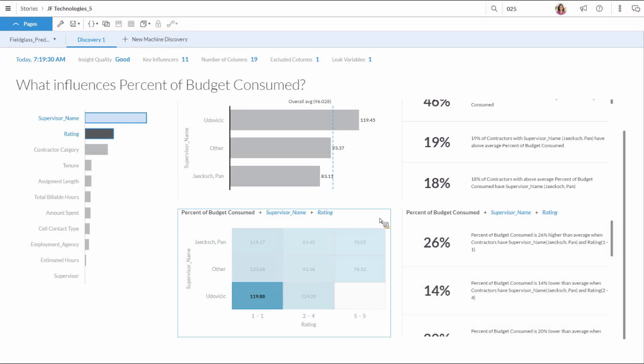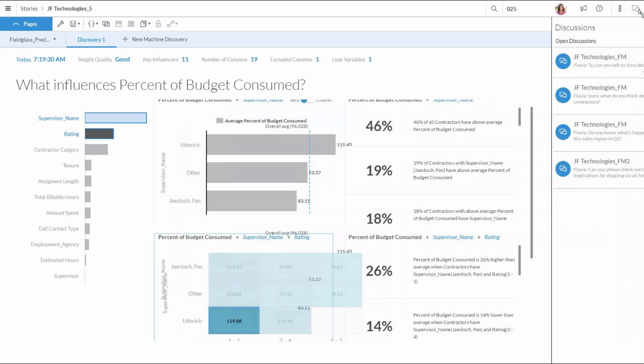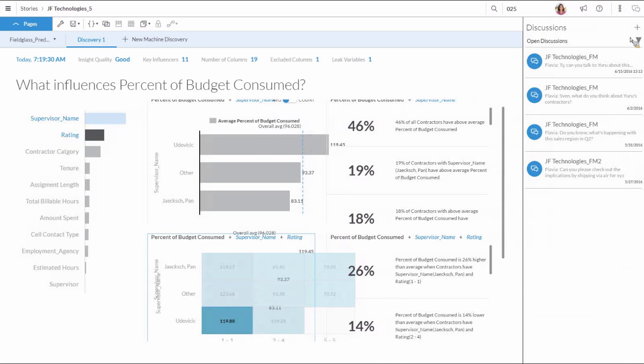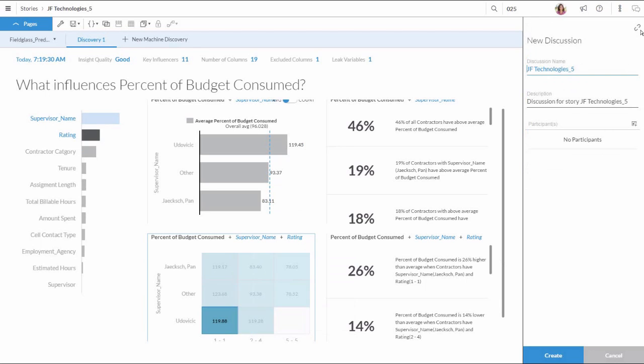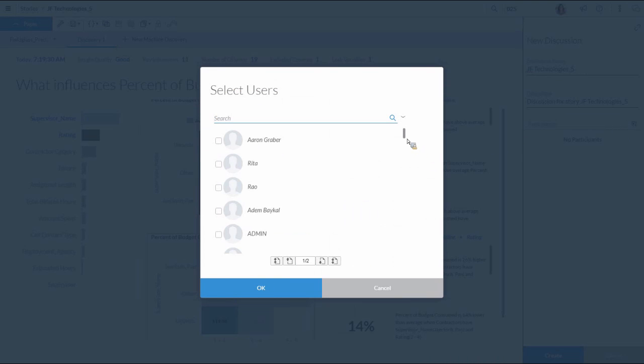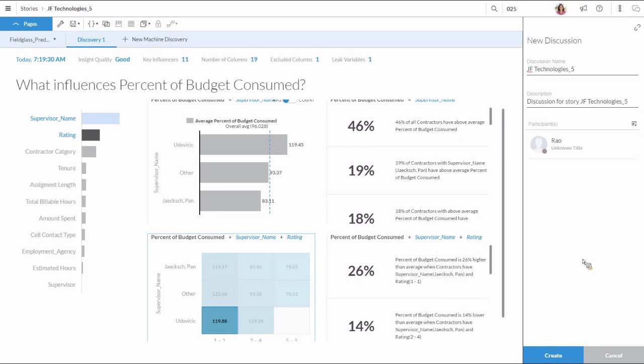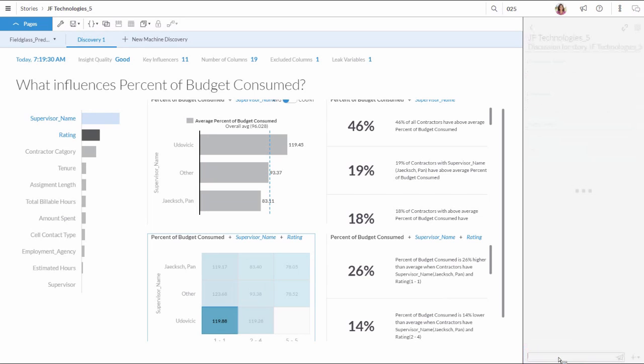So let's say I want to share this information with my colleagues, and there are a couple of options. Let me start with one of the things that I really like. I can start a new conversation and invite a participant. Let me see which of my colleagues I'm going to send a message very early in the morning. Okay, I'm going to send one to Rao. We create the conversation and say,